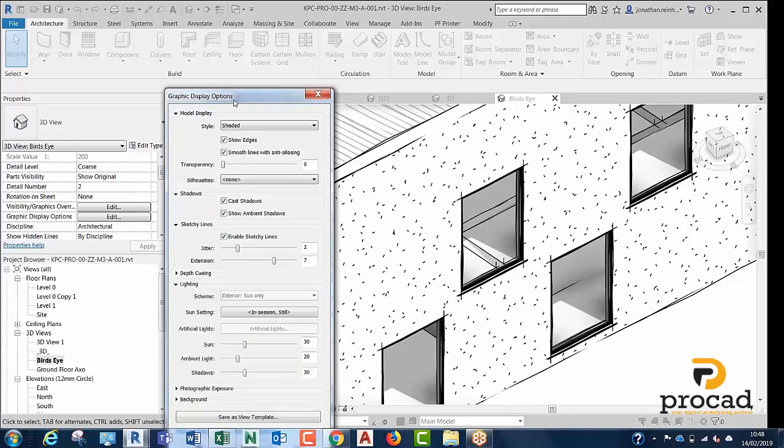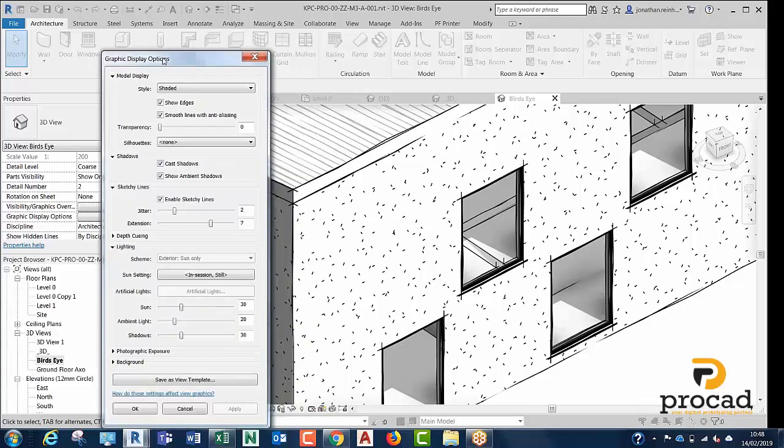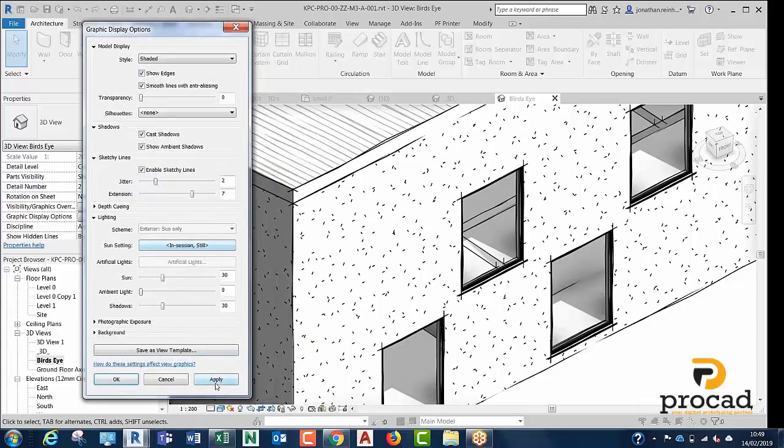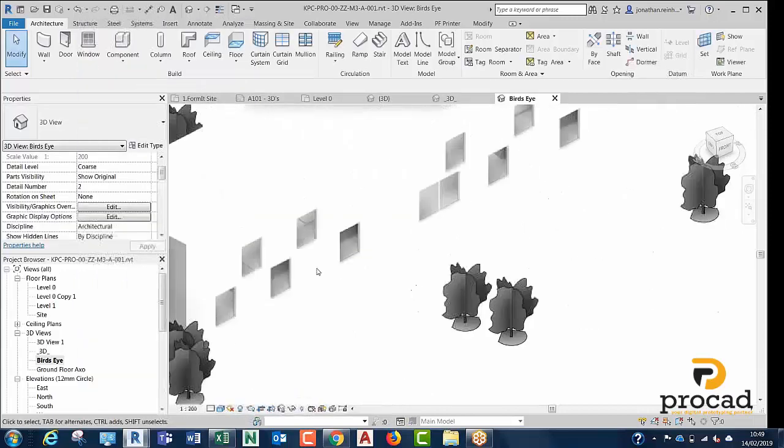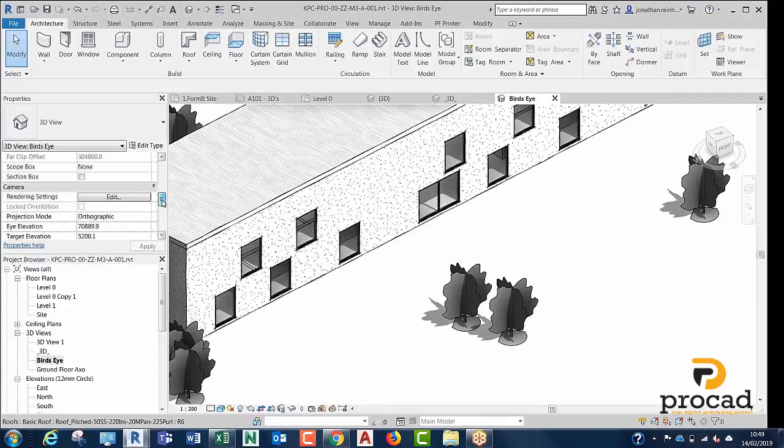But one of my favorite ones is the lighting. So once you have ambient shadows turned on, usually by default ambient light is all the way down, but if you turn ambient shadows up, bring up your shadows as well, hit apply, it brings a lot of depth to your design. And then what I've done with this, I've saved this out as a view template,